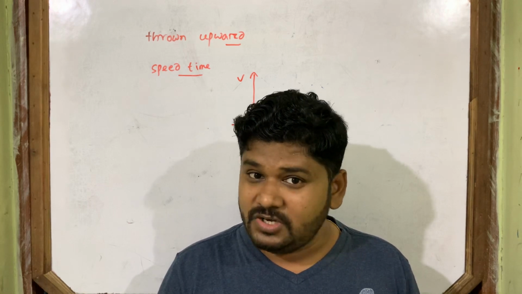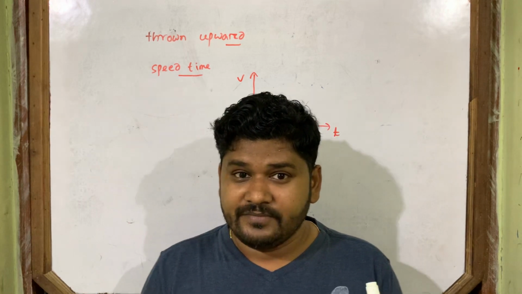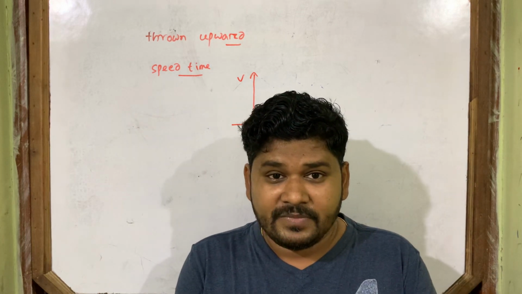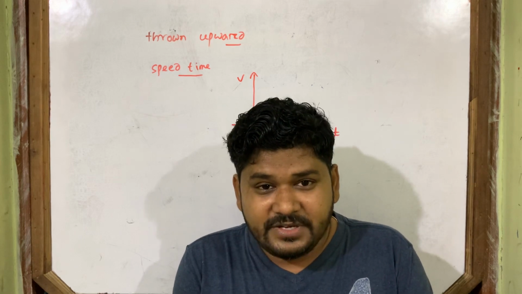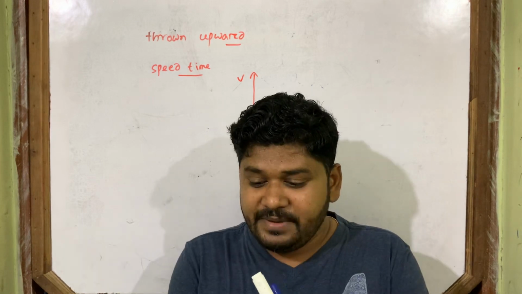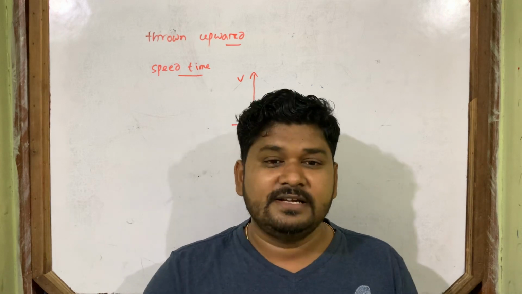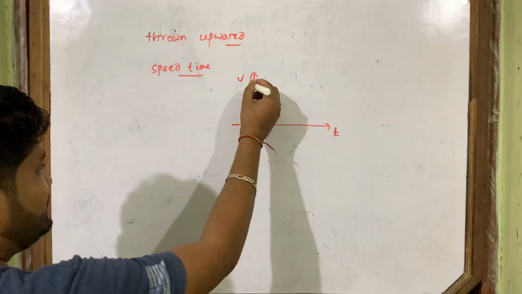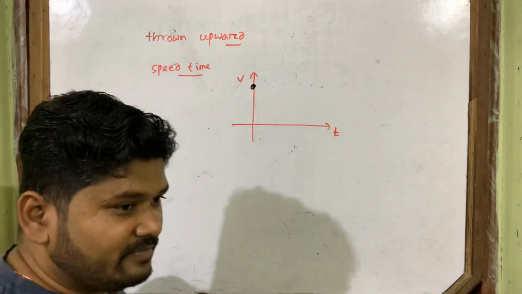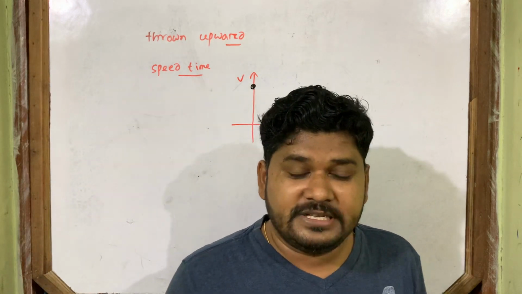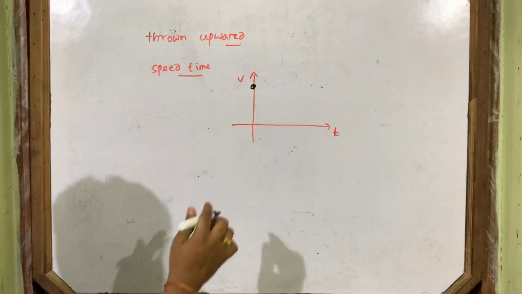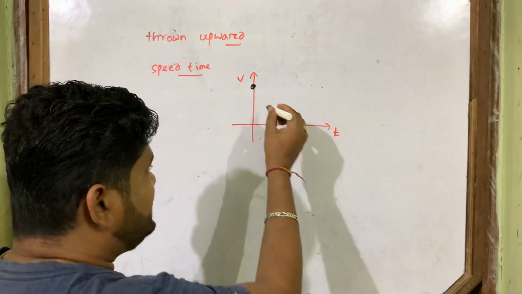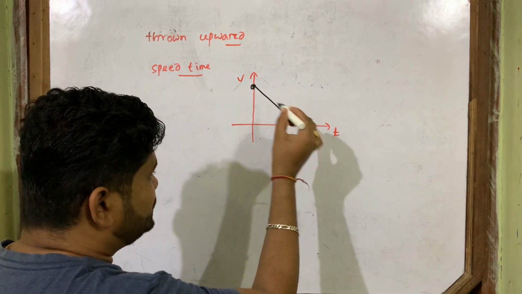Is it 0? No. You remember when you throw something, you have to consider that speed which is just after leaving your hand. After leaving my hand, whatever speed it has is the initial speed of the body, which is maximum, not 0. Otherwise, how would it go upward if its speed is initially 0? You think about it. So it is maximum, and gradually speed decreases when it goes up.